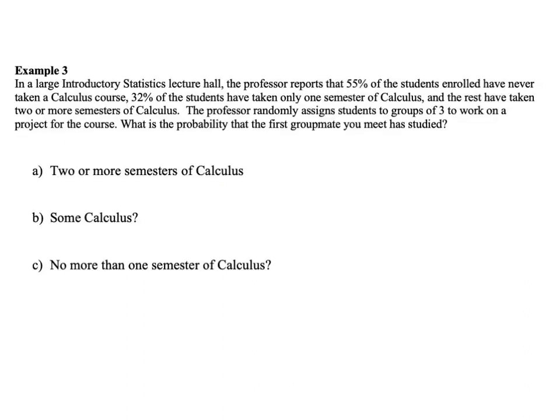Example 3 states, in a large introductory statistics lecture hall, the professor reports that 55% of the students enrolled have never taken a calculus course. 32% of the students have taken only 1 semester of calculus, and the rest have taken 2 or more semesters of calculus. The professor randomly assigns students to groups of 3 to work on a project for the course. What is the probability that the first group mate you meet has studied, first of all, 2 or more semesters of calculus? So if we look at our given information, that they've never studied is equal to 55%, that they've had 1 semester is 32%, and 2 or more is equal to